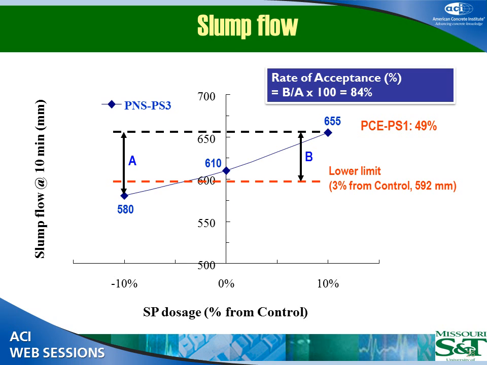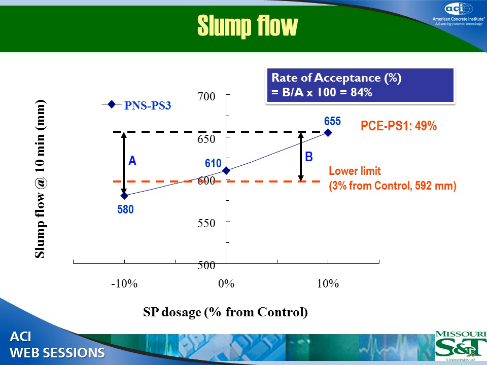So here, if I have a slump flow and you measure with the superplasticizer your slump flow to be 610, and your minimum target value in this case is 592, which works well in inches. So you have a minimum of 3%. Increase the super, you get higher slump flow. You reduce the super, you get lower slump flow. And if you compare the rate of acceptance, you see that the rate of acceptance is about 50%. That means within a range of plus or minus 10%, I have only 50% of my mixes that can meet